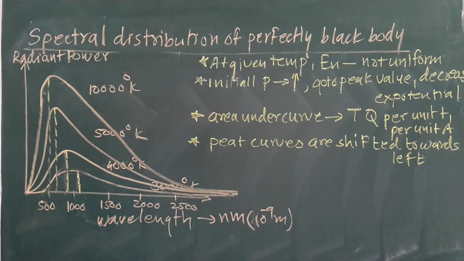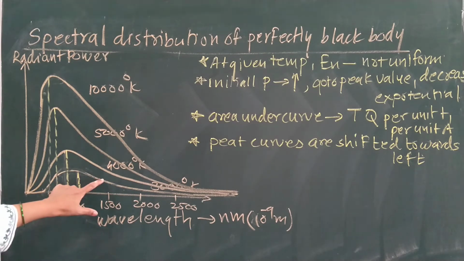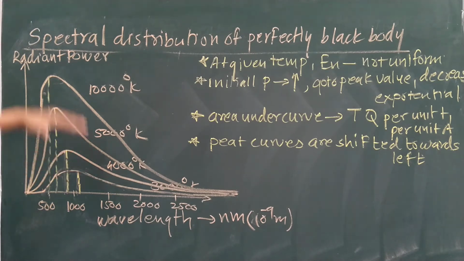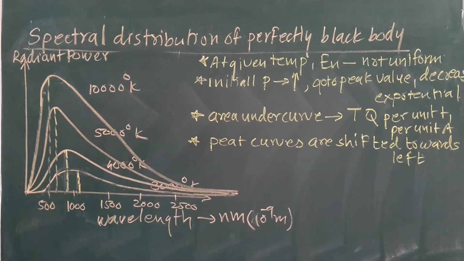Towards the left shift होते जा रहे हैं. Means what I can say that as your temperature increases, peak radiant power will increase, but the wavelength will get shifted towards the lower side. Is it right? Means as temperature increases, the wavelength will go on decreasing. Fine? Then the fifth conclusion I can say that at higher temperature, your radiant power corresponds to